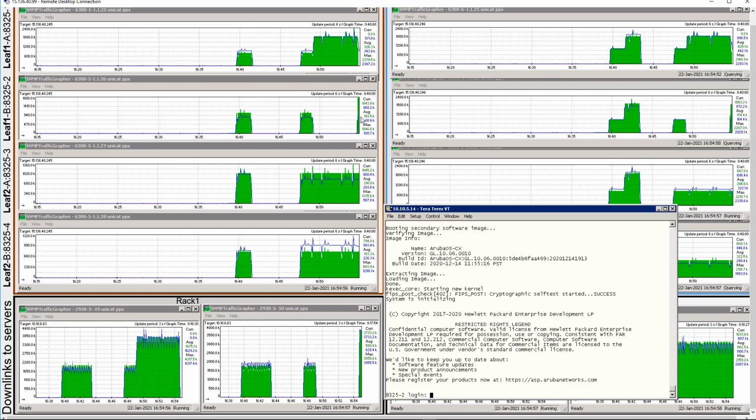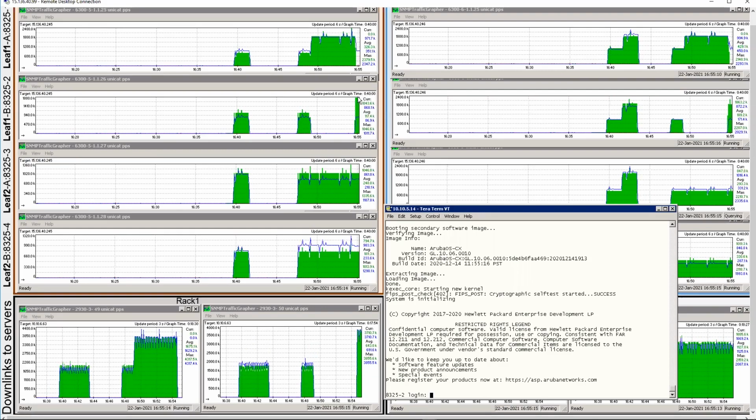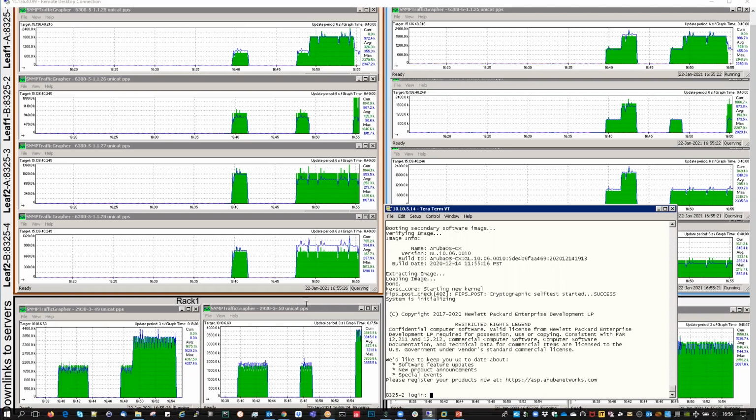So here, what happened? We only see incoming traffic in the VSX secondary. Why is that? We have the VSX secondary now receiving the traffic. This is due to the synchronization between primary and secondary that is completed.